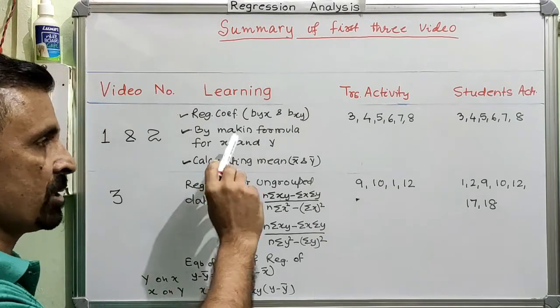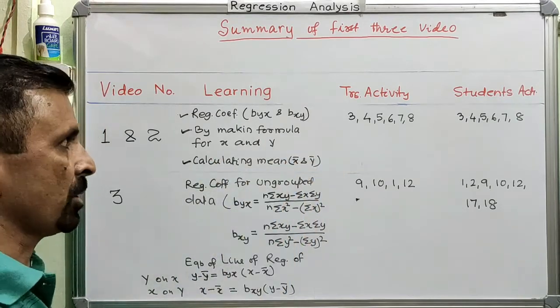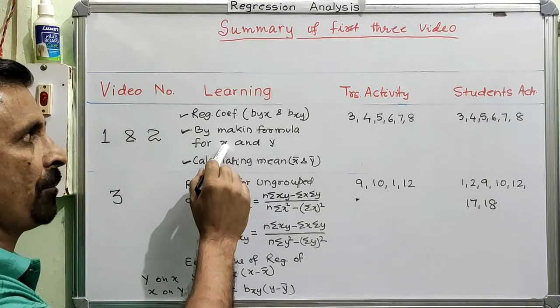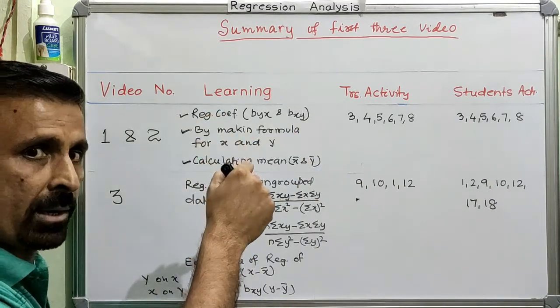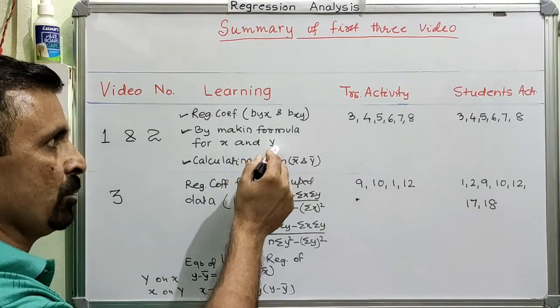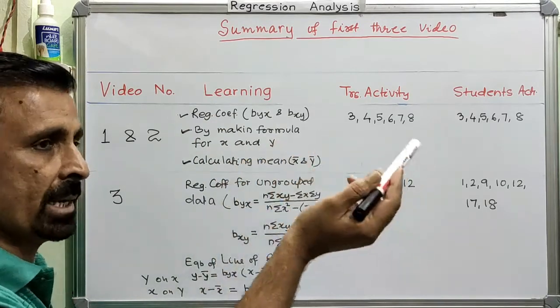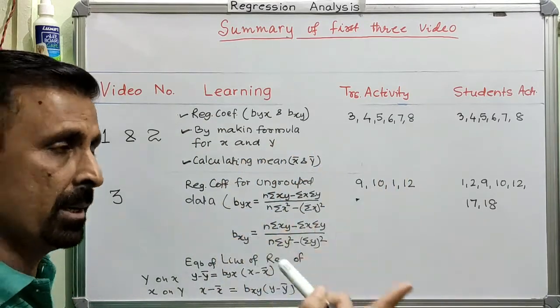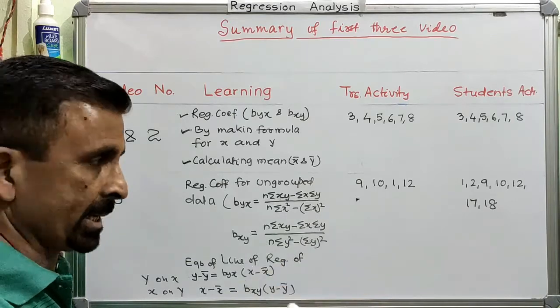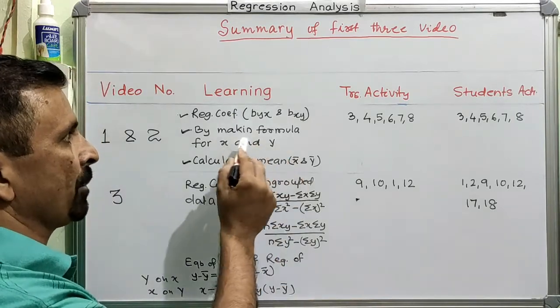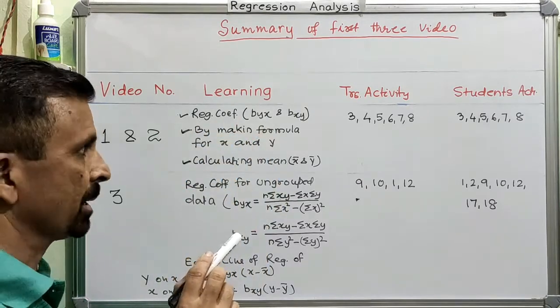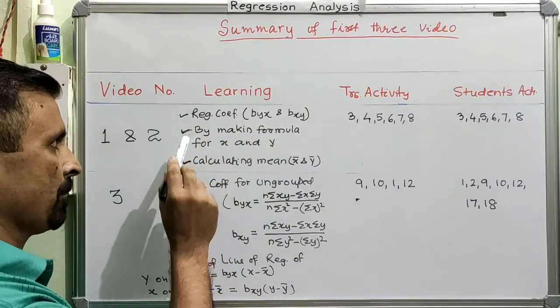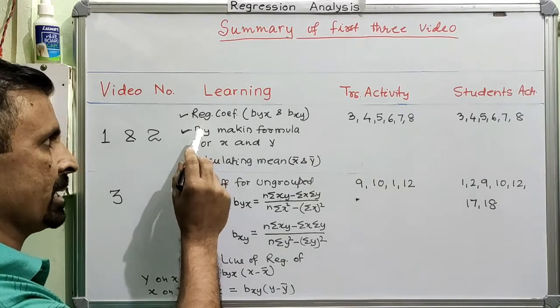Am I very clear? Since you have already seen this topic, when I say you made the formula for x, then from the coefficient of y you got one regression coefficient, and next time you made a formula for y and then you got another regression coefficient from the coefficient of x. So by making a formula for x and y, we calculated the two regression coefficients. Clear?